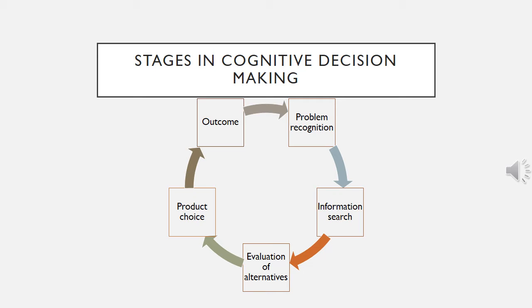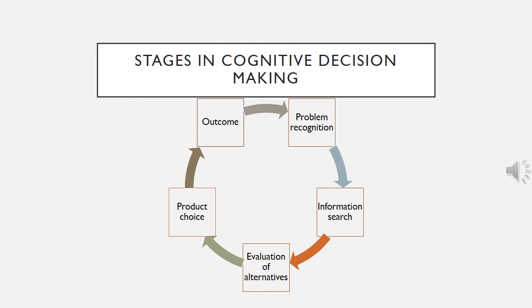A cognitive purchase decision is the outcome of a series of stages that results in the selection of one product over competing options. A typical decision involves several steps. The first step is problem recognition, when we realize we must take some action. This recognition may occur because a current possession malfunctions, or perhaps we have a desire for something new. Once the consumer recognizes a problem and sees it as sufficiently important to warrant some action, he or she begins a process of information search.